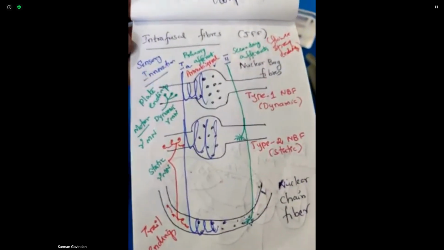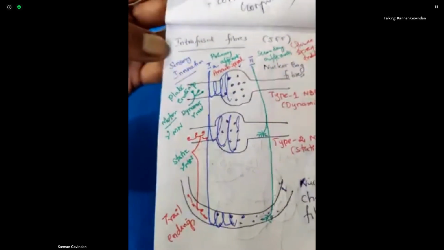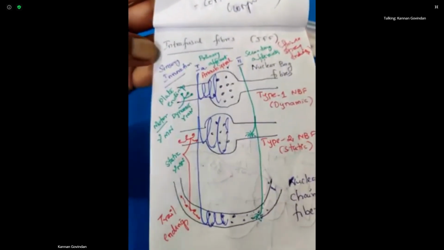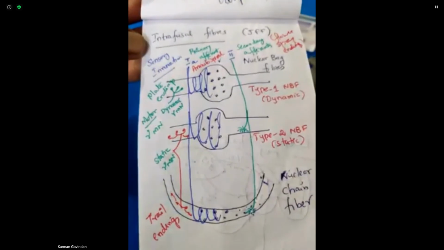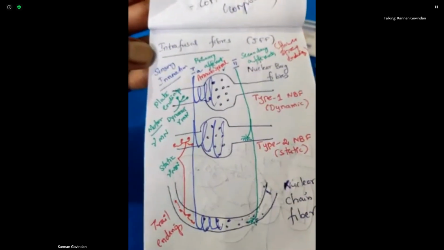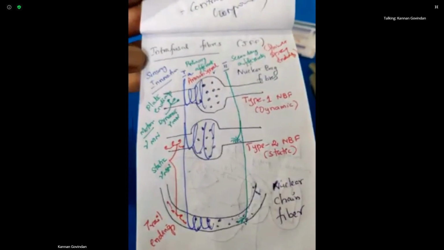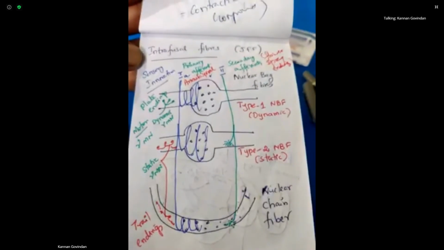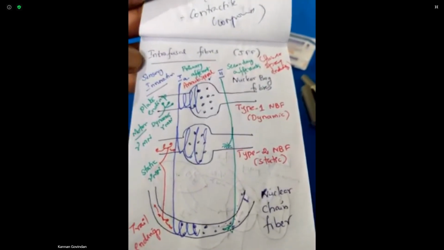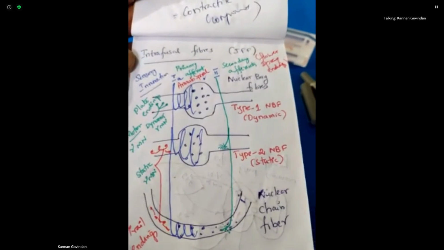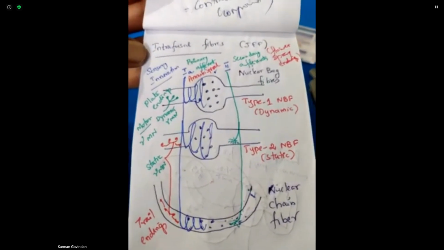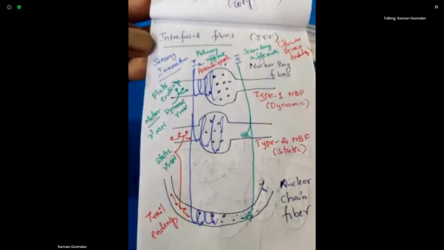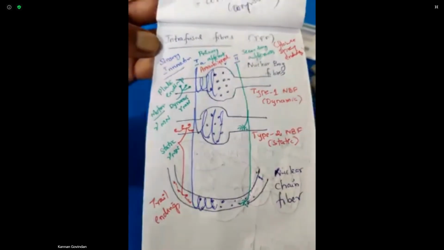Now you have to understand the sensory and motor innervation. Sensory innervation is of 2 types: primary type 1A afferent and secondary type 2 afferent. Primary afferent supplies all the 3 fibers. At their ending they spirally coil around the fibers, so they are called annulospiral endings. The type 2 secondary afferents end like sprays, so they are called flower spray endings. The most important difference is that the 1A afferent supplies all the 3 fibers, whereas the type 2 afferent supplies only the static bag fiber and chain fibers.